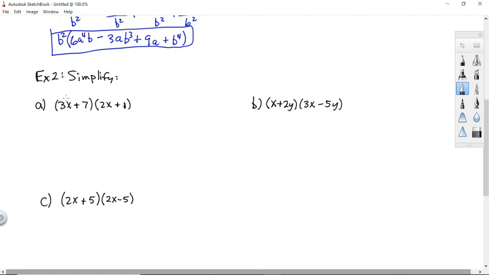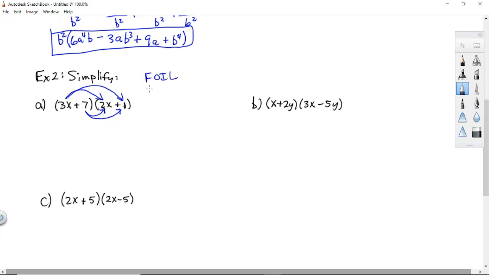We just said, well, you're going to take the first term in the first set of parentheses and just multiply it by the others one at a time. And then you're going to take the second one and multiply it by each of the others one at a time. So that's the way I learned it, but we have this useful acronym FOIL,